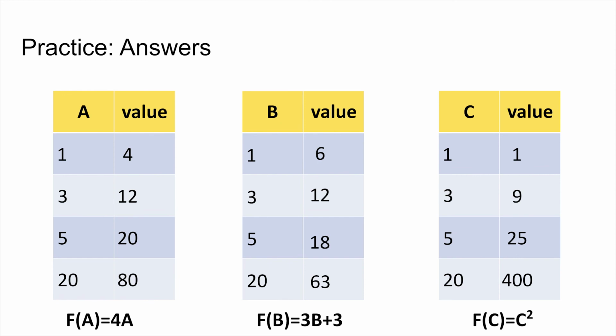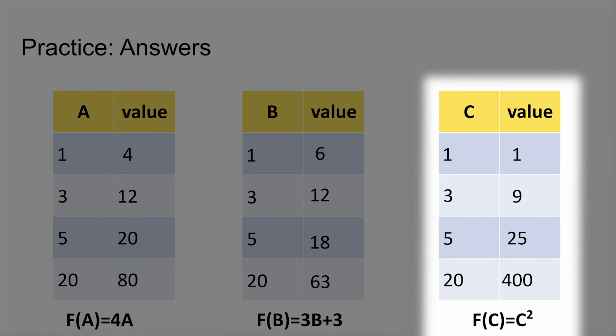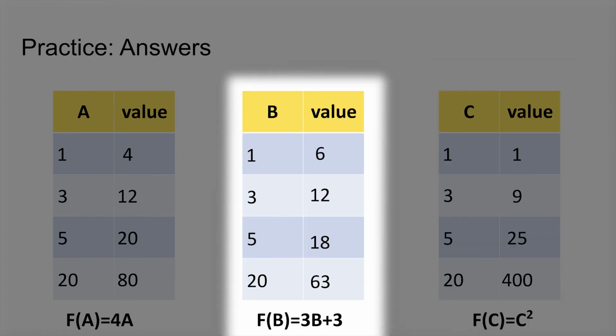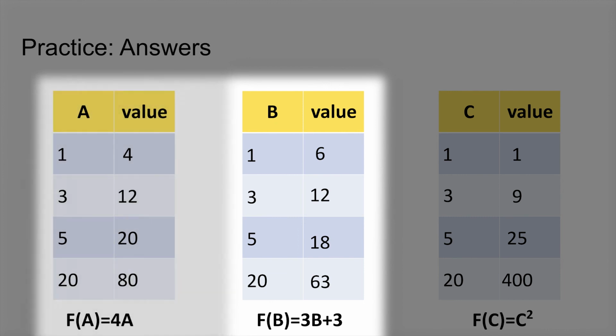Let's look at the tables that you should have created. Using these tables, we can go deeper and answer more questions. Which one is the best price for just a few pieces? C. Which one is the best price for a bulk purchase? B. Is there a quantity and a price that are equal? A and B with 3 pieces.